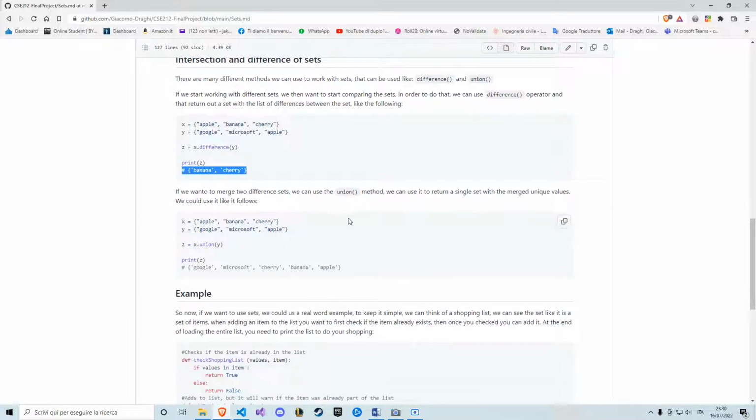Union does the same thing. It does compare the two sets, but it returns as output the combination of the two sets. Okay,